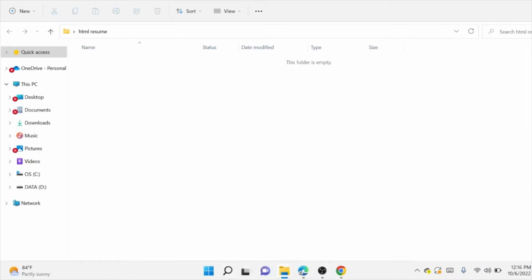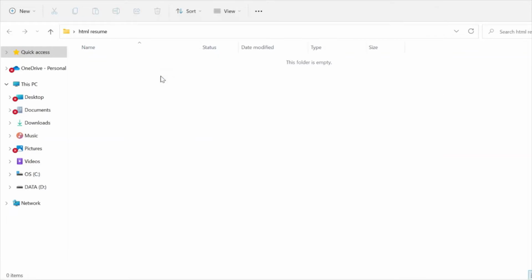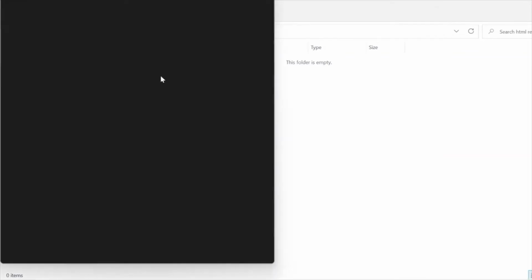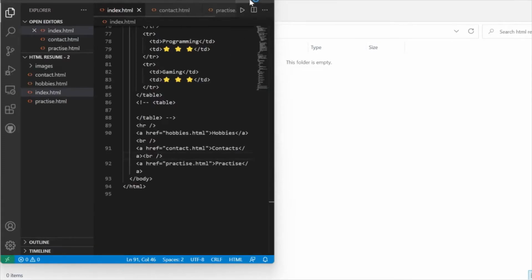So let's open VS Code now. So I am opening VS Code or Visual Studio Code, and what I am going to do next is open the folder that I have created, that is HTML resume, in VS Code.